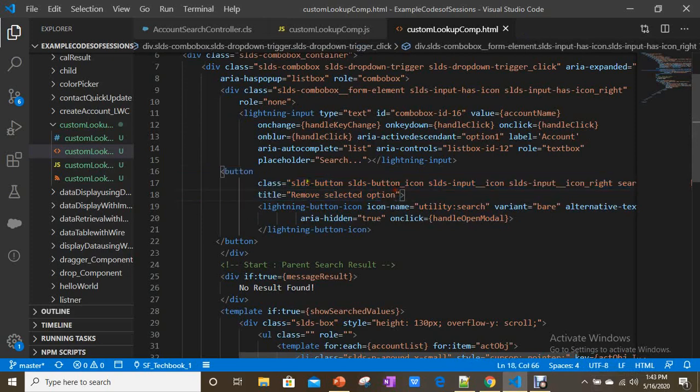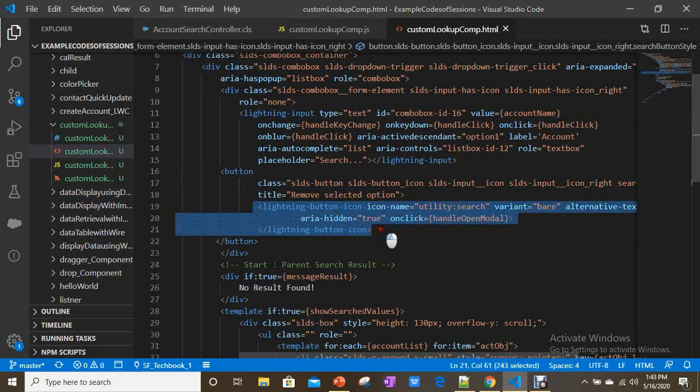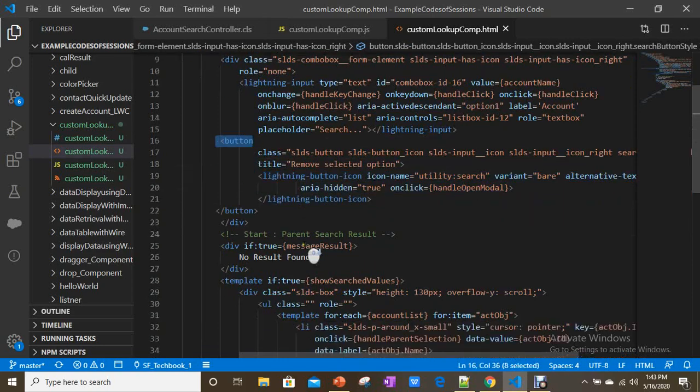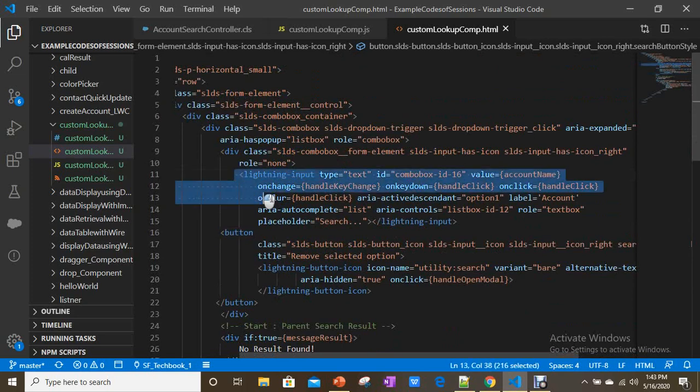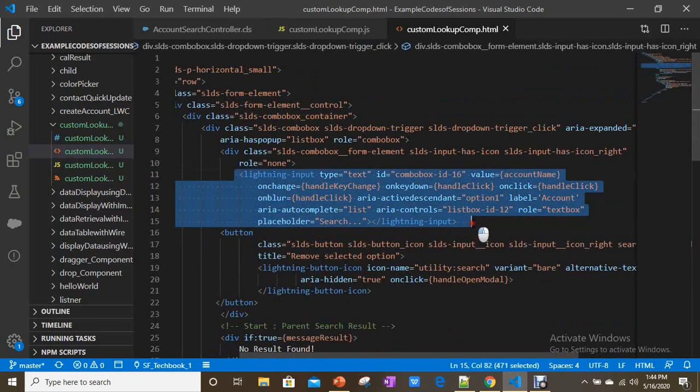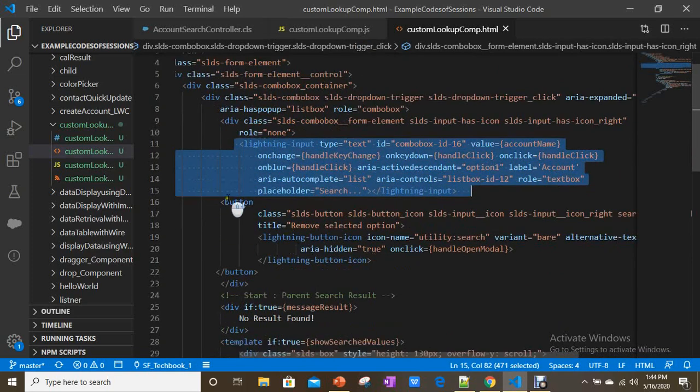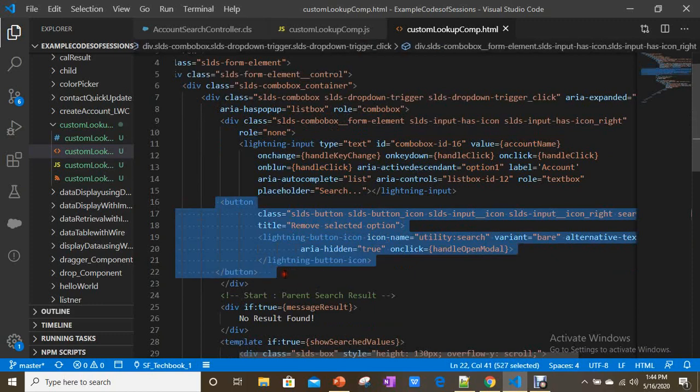Give the classes, whatever you are going to use for the button icon or search icon, you have to give that here in the button tag. Then your search icon becomes clickable as it is in between the button tag. Now what we did, we just added our input box, that is a search box, along with the search icon.